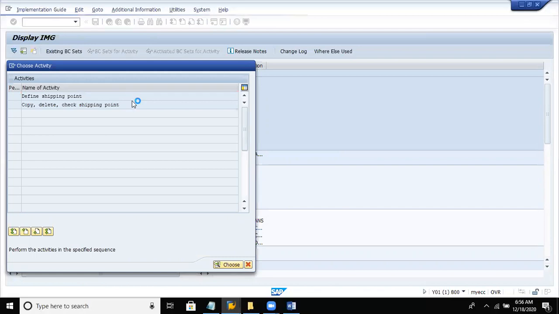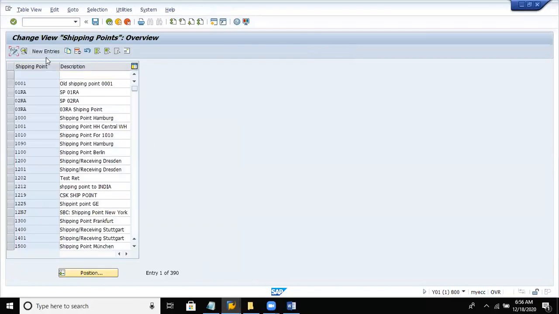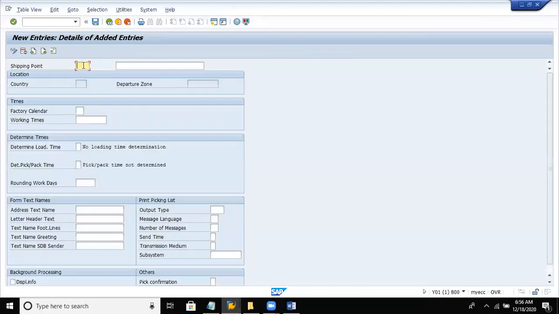Double click on define shipping point, new entries. Now here shipping point data. I'm just giving DEL, or I'll say DESH shipping point. Then let us update as shipping point for Dell company code, enter, save.